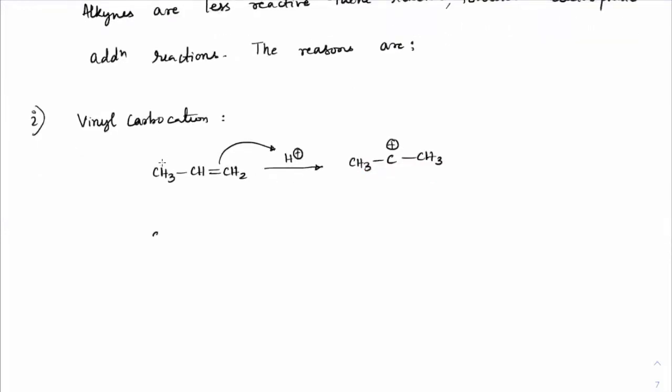But in case it was a triple bond, CH3 C triple bond CH, and we are trying electrophilic addition, what do we get? CH3 CH double bond CH2 plus. So this is a vinyl carbocation. On a vinyl carbocation, usually hyperconjugation is highly avoided. Secondly, it is on an sp2 hybridized carbon. So here it would be very, very difficult to keep it stable.